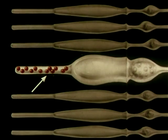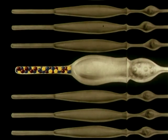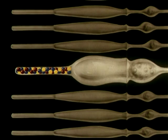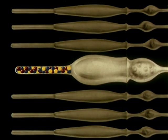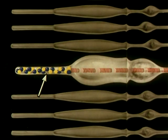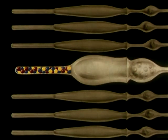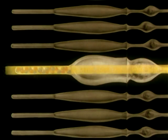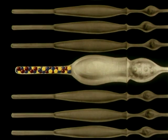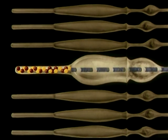In each cone are 3 chemical substances. Each substance is sensitive only to a particular group of colors. Thus, one is most sensitive to red, one to yellow, and one to blue. When a particular color of light strikes the cone, the corresponding substance breaks down, and the corresponding nervous current flows to the brain. When a different color, yellow for example, strikes the cone, the yellow substance sends a nervous current to the brain. And when blue light strikes the cone, a still different nervous current informs the brain of the